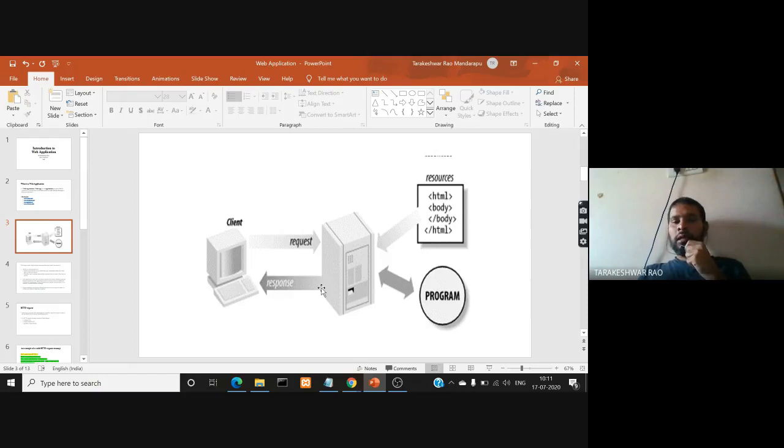Right? So the browser will take that URL that you typed in the address bar and send the request to that particular server with that name, requesting its home page. Then what does the server do? It receives this request and searches for the home page that is available on the server. That home page is nothing but a resource. We call it a resource, right?